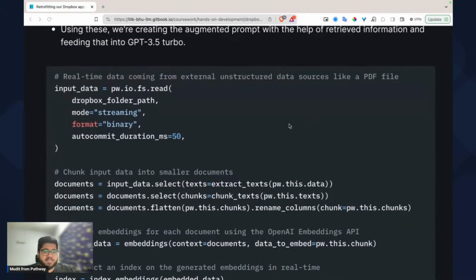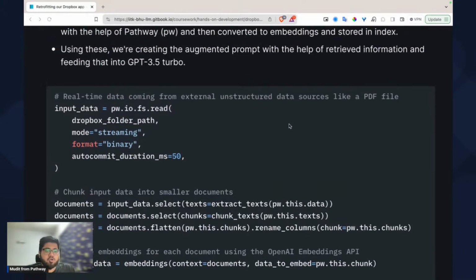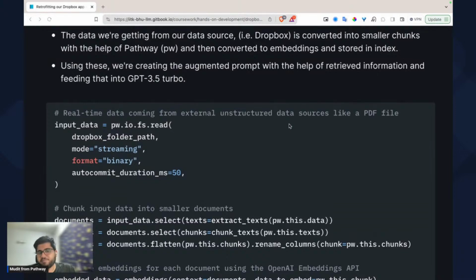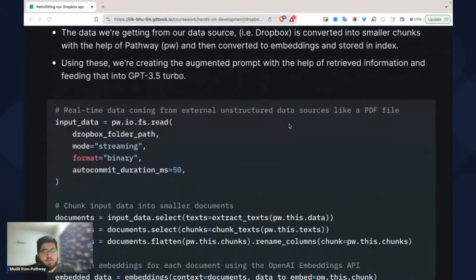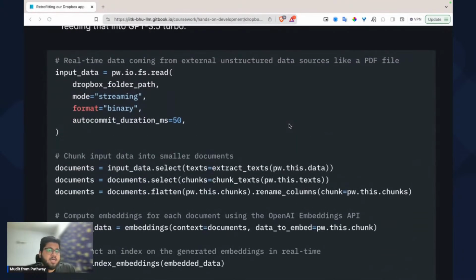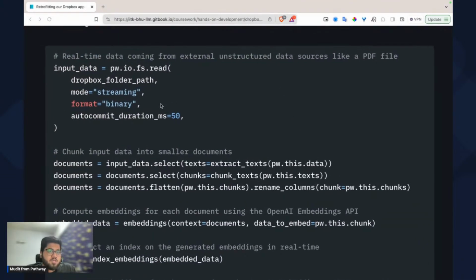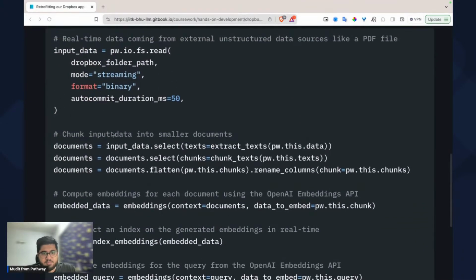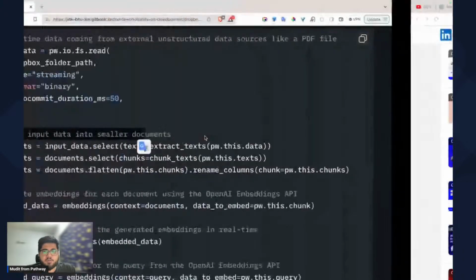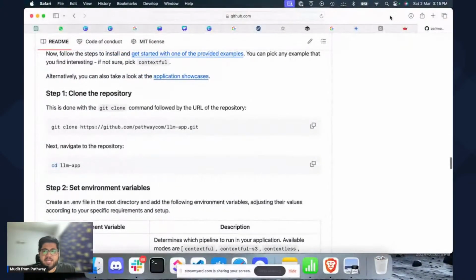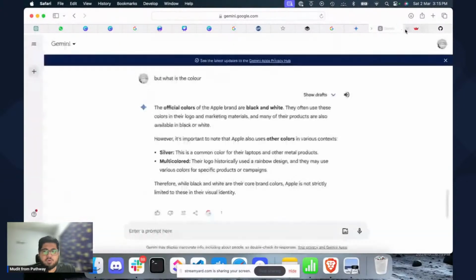let us look at this particular example where we are using Pathway's LLM app framework for creating an app that basically retrieves the most relevant information from a Dropbox folder. So first of all, what you do is there is something called chunking that is involved here. First of all, what is chunking? Let's say when you have to